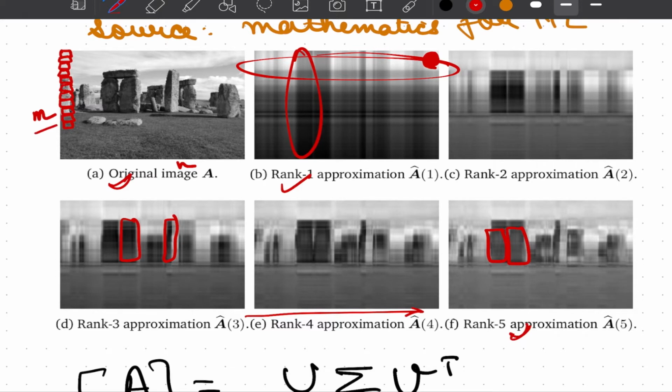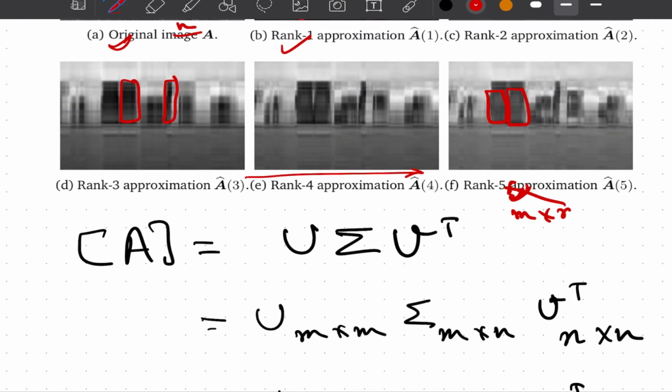Now, if these dimensions were in a few hundreds, let us say M cross N was of size maybe 1000 cross 1000, if we are talking about an HD image, we can really approximate it using an M cross R representation, where R represents just the rank 5, or the 1000 cross 5 approximation. That would basically convey the message without occupying too much memory space. This also means that we have retained the meaningful information and are able to reconstruct or get closer to our image. Again, you see that there is definitely going to be an error associated between A and the approximate image.